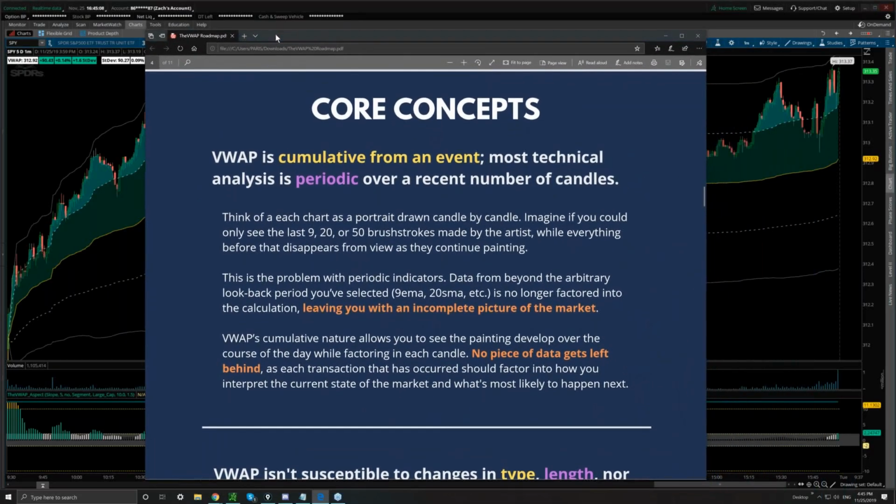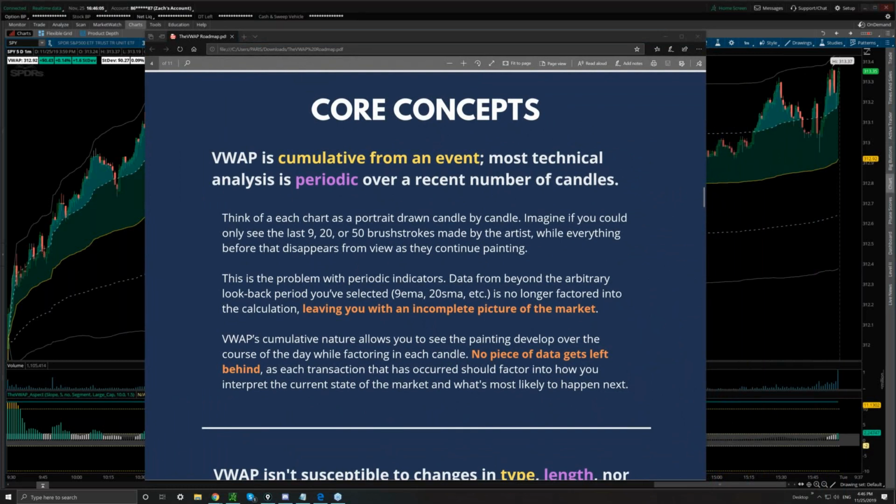All right, with the core concepts, this is something that I notice a lot of other traders, when they're teaching VWAP, they don't really try and find the insight that would make VWAP unique. They treat it like another moving average. They assume it's just another piece of technical analysis. And because this is something that I've really focused on and specialized in for, gosh, nearly a decade, better part of a decade.